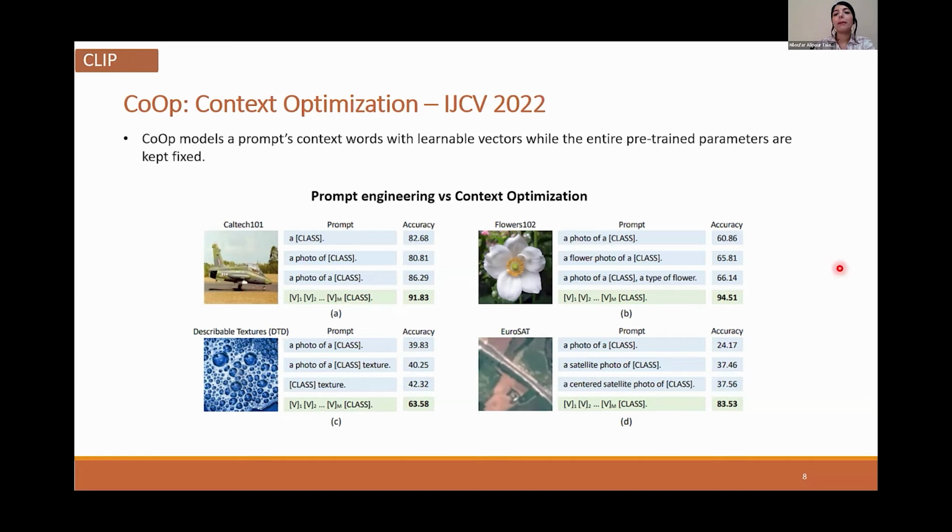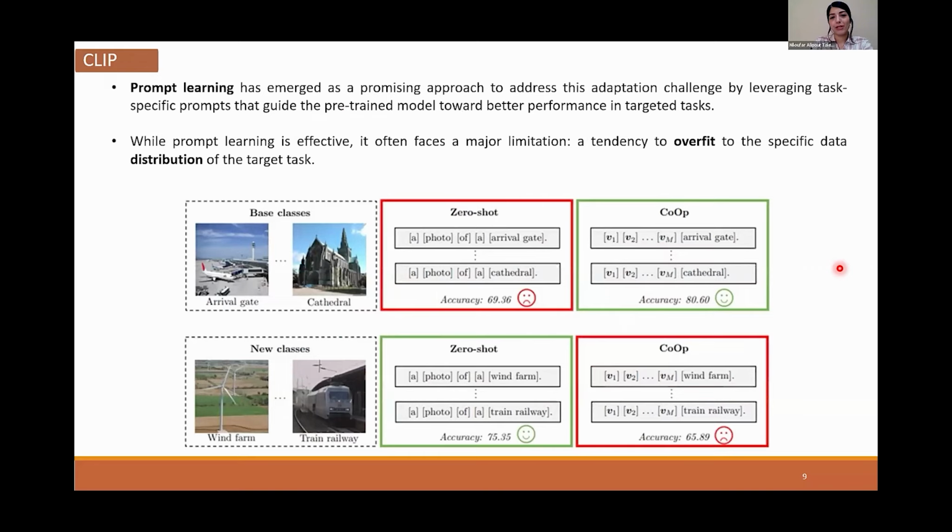So in CoOp, in IJCV 2022, the idea of prompt learning instead of prompt engineering was introduced. They proposed that instead of fixed words, fixed templates, let's consider learnable vectors in the input of the textual encoder. But again, that was not that simple. You can see that